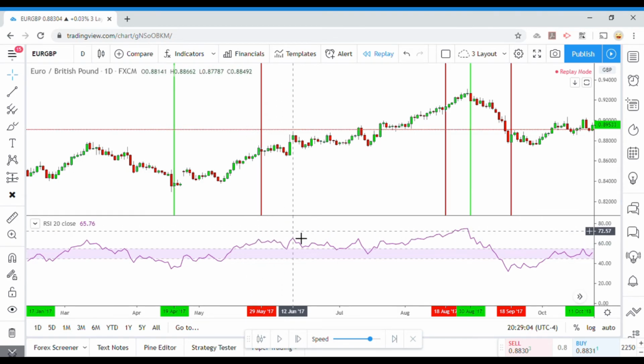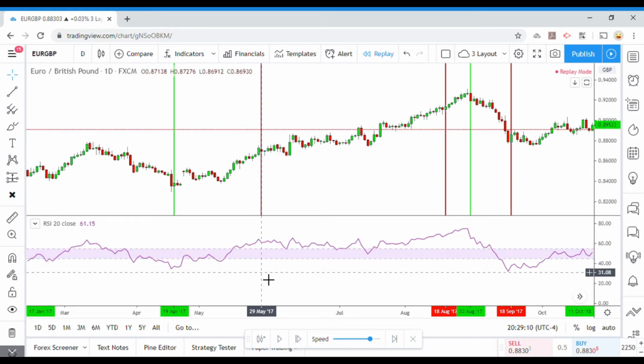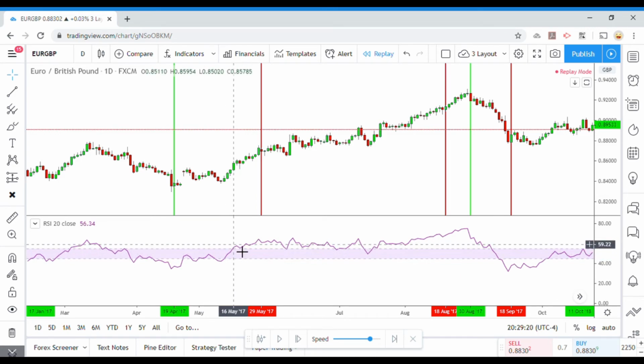Generally, as it gets above 70, it goes into what's called overbought, or once it gets below 30, it goes into oversold. But I'm thinking if we narrow in that zone, the overbought area of 55 and oversold area of 45,